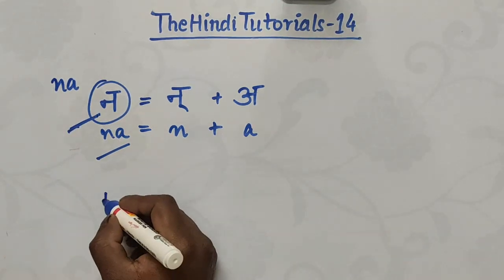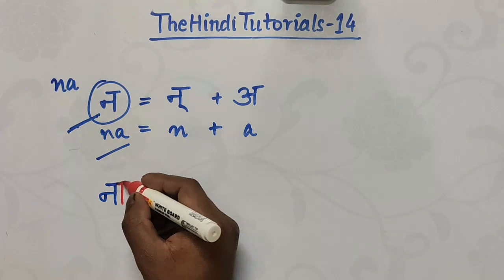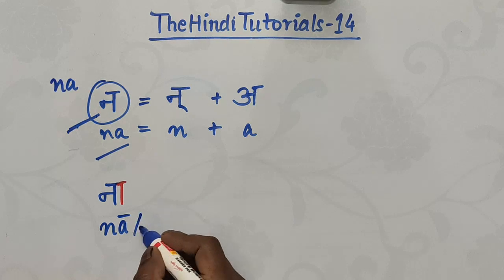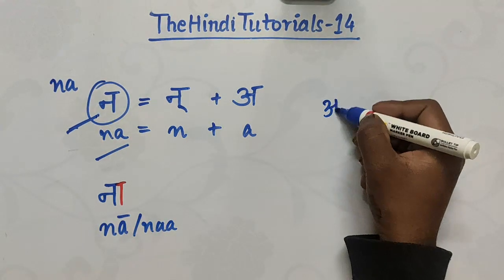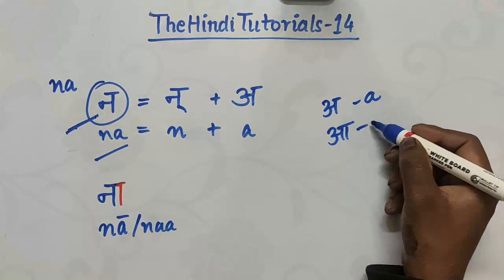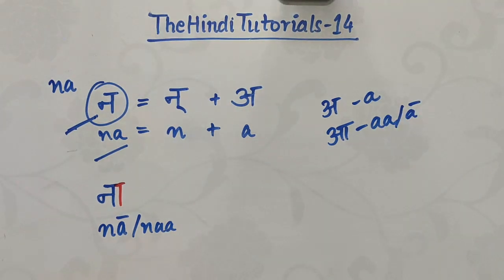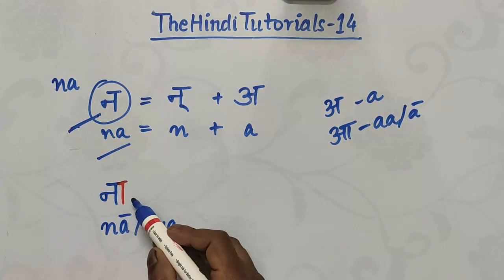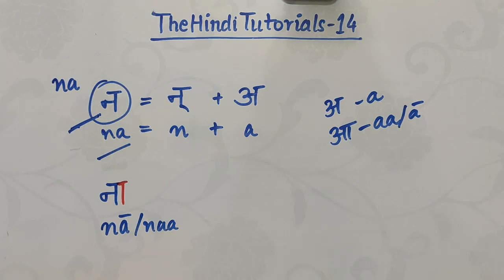And if I add a vertical stroke after it, it becomes Naa. In the same way as when I added a vertical stroke to A, it became Aa. ठीक है? न, ना, a,